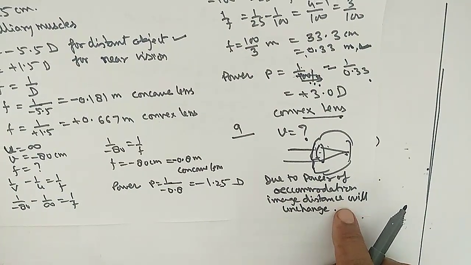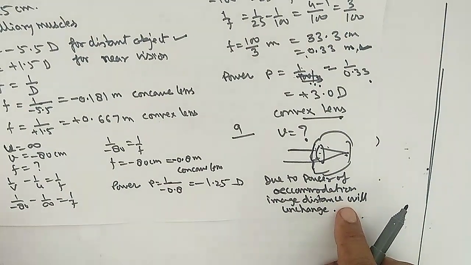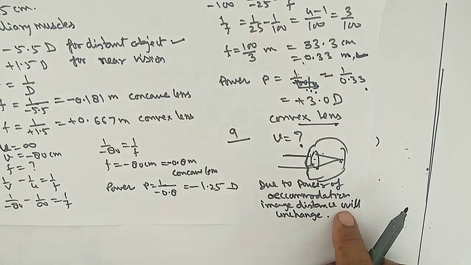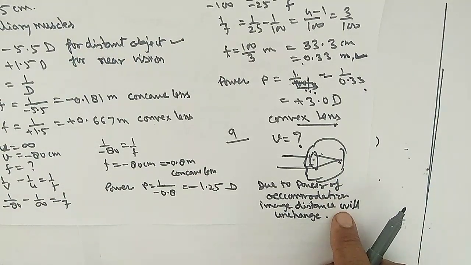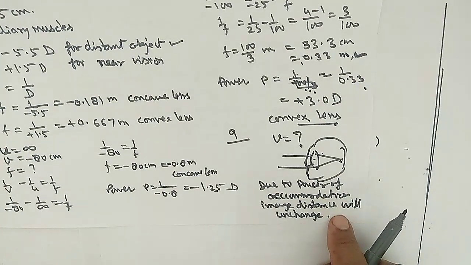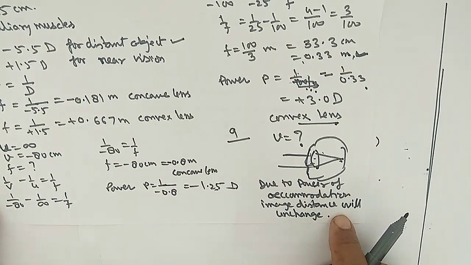So students, the next questions are theory, which we have already explained. Question number 10, why do the stars twinkle? You can explain on the basis of atmospheric refraction. And question number 11, why do the planets not twinkle? Again you can explain, just see the last video. And question number 12, why does the sun appear reddish early in the morning? You can again explain on the basis of scattering of the light.